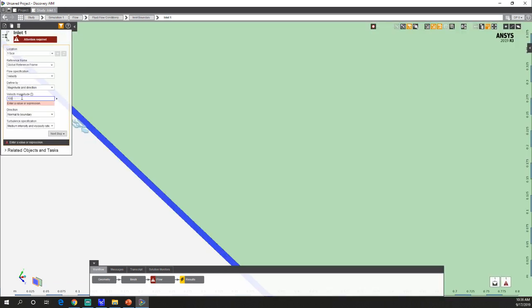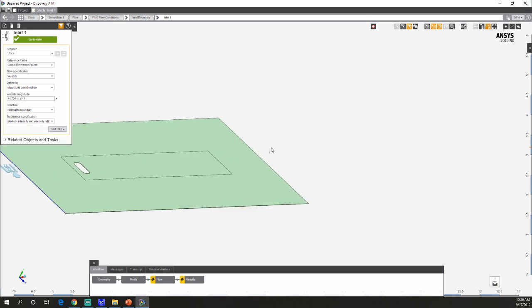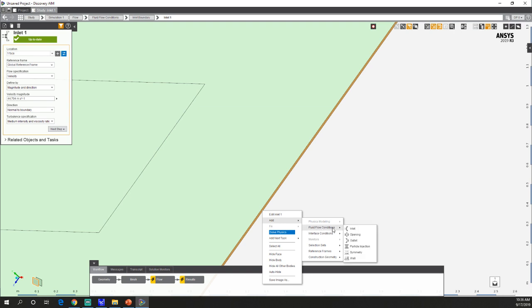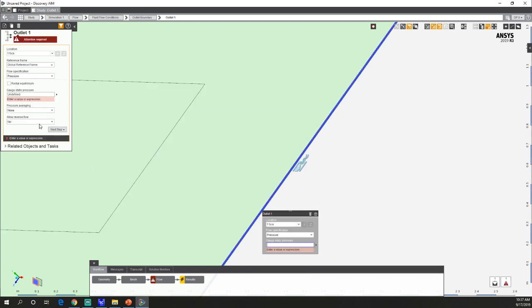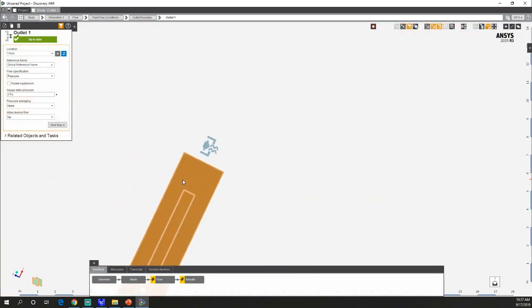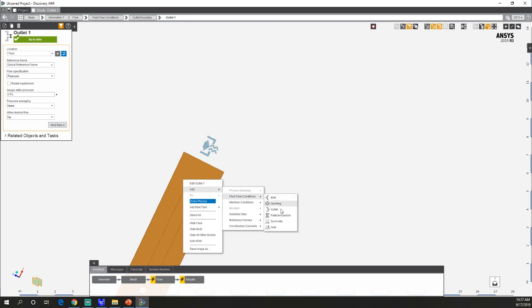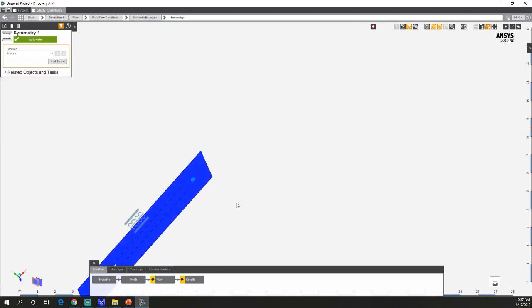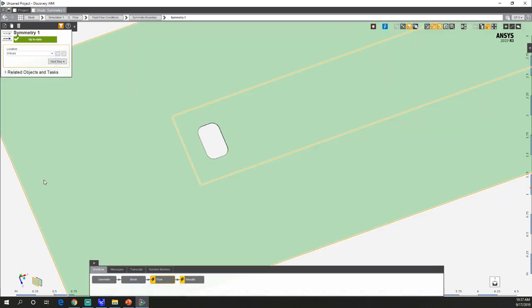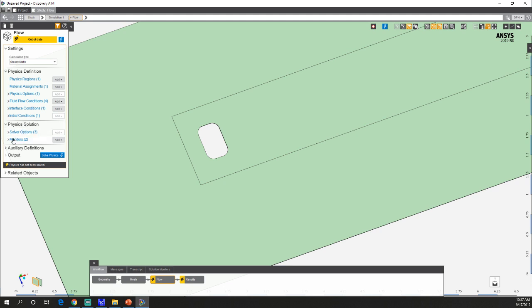Okay, do 100 miles per hour, and we have an outlet here of 0 gauge pressure. Select the surfaces for symmetry, and I think the last thing we want to do is add a monitor,